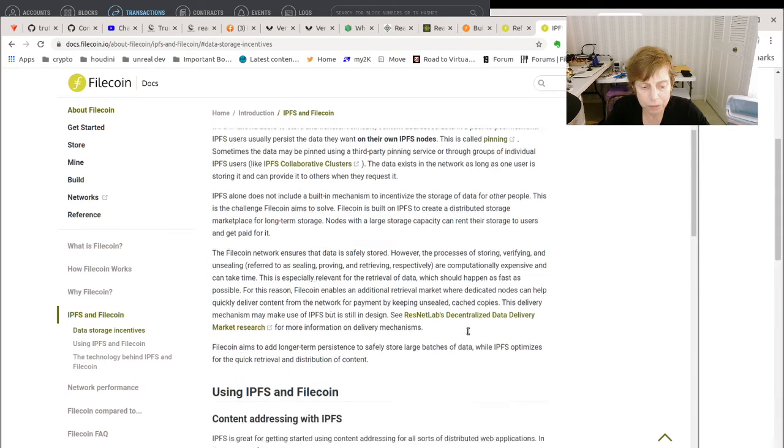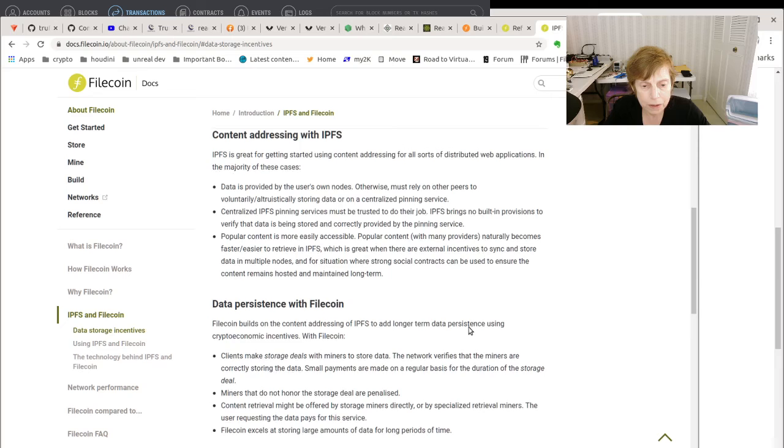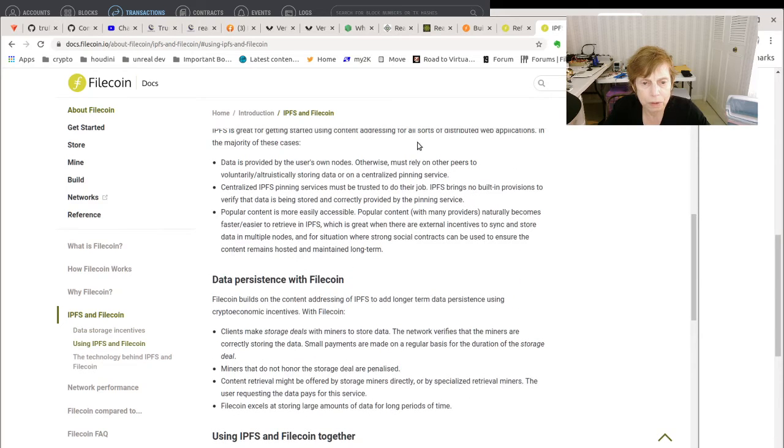That's what Filecoin does. So data is provided by the user's node, otherwise it must rely on peers to voluntarily, altruistically store data. Data persistent. So what you do is the clients make storage deals with miners to store the data,